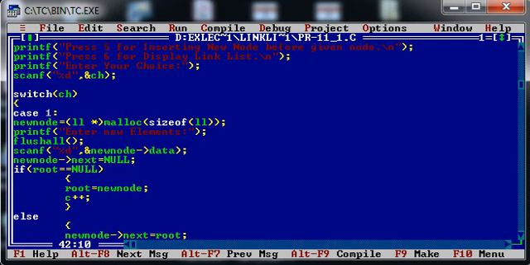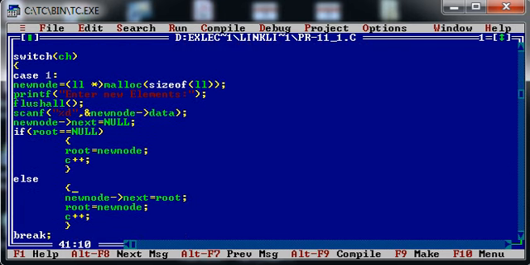Now the else part. The else part is written in the case when we already have an existing linked list. In that case, what we need to do is set the new node's next, which is the address part of the new node, to root, and then root is equal to new node.